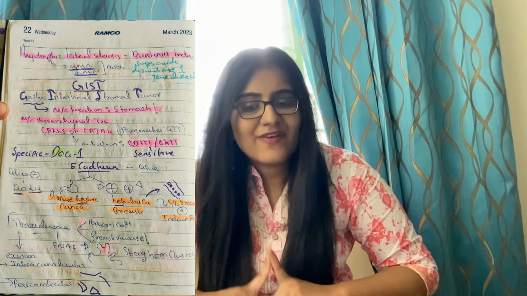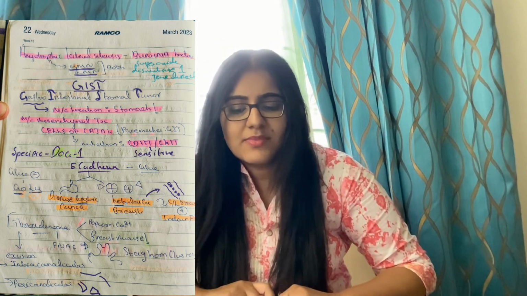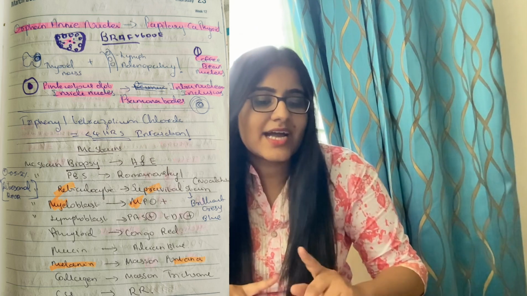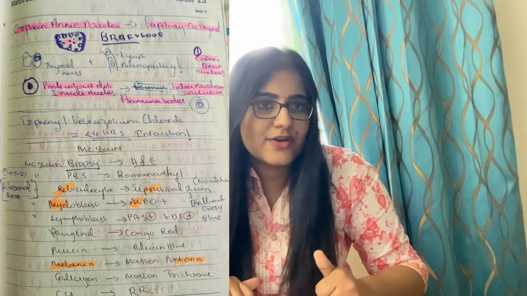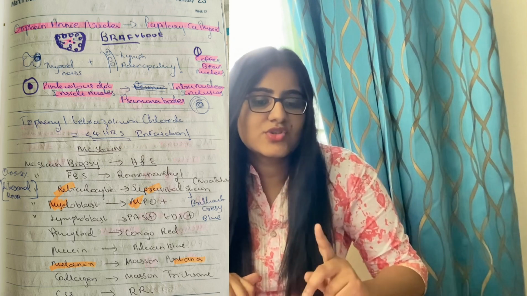So then you need to remember about fibroadenoma. For fibroadenoma you should remember popcorn calcification. Just to remember, see where the popcorn was there, for your non-Hodgkin's variety, right? A nodular variety of the lymphoma. So okay, fibroadenoma, it will be the popcorn calcification, and also breast mouse you should remember. Then you should remember Orphan Annie nucleus, please don't forget it. Orphan Annie nucleus, papillary carcinoma of thyroid, and it has a pink dot inside the nucleus. Also you should remember Psammoma bodies, I know. Then you should remember coffee bean nucleus also, okay?